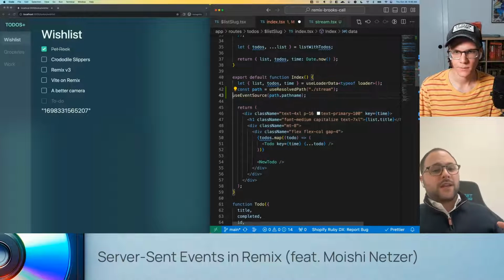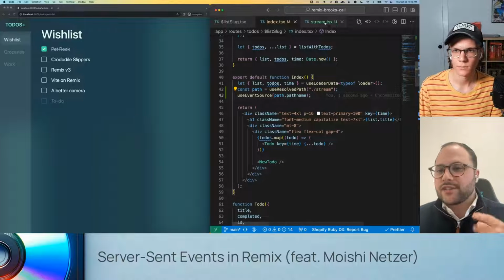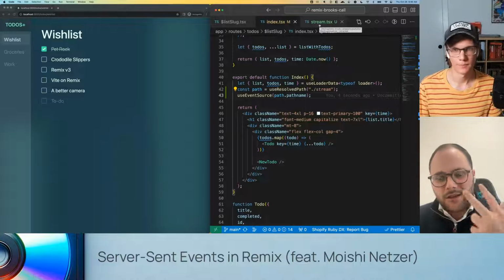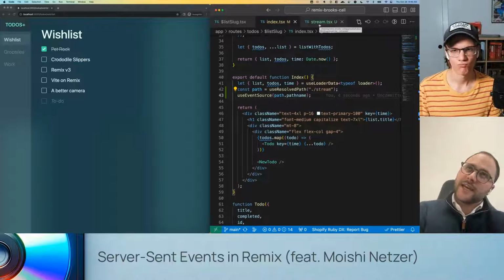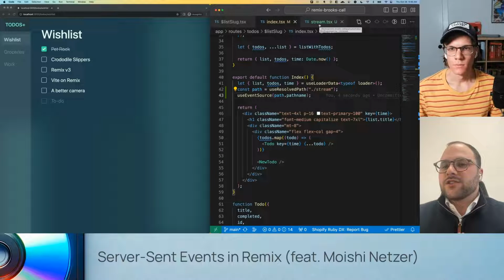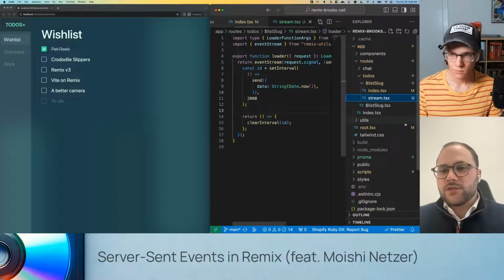Now that we understand what's coming, let's set this up so it actually triggers the changes when we make our change. So we need an event emitter, right? That's the third piece of this puzzle. We've got the server sending it, we've got the client hooking into it. Now we need the actual event emitter. So let's make a new file in our utils folder.